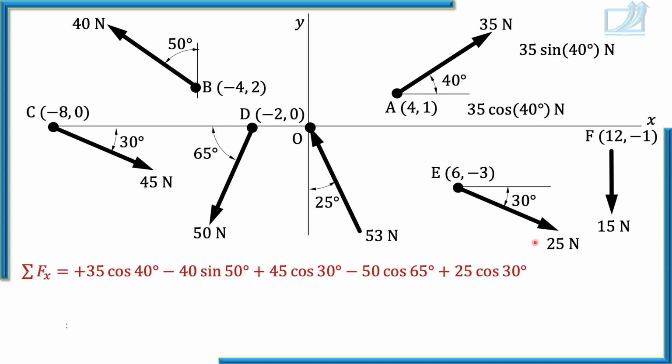So now this force, 25 Newton force, it is rightwards, that's why it's positive, and it makes angle 30 degrees with x-axis, so x component is cos component. Now this force, it is leftwards, that's why negative, we are using angle with y-axis, so we should write its y component cos, so x component is sin 25. And 15 Newton force is neither rightwards nor leftwards, so its x component is 0.